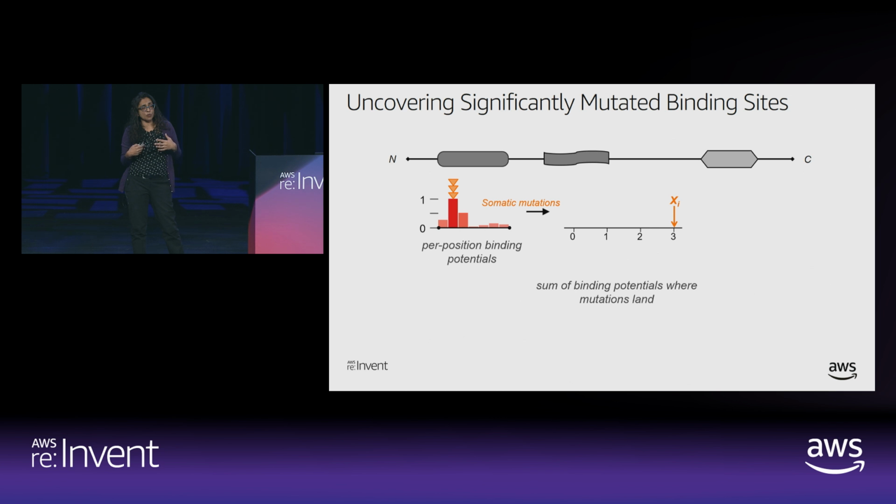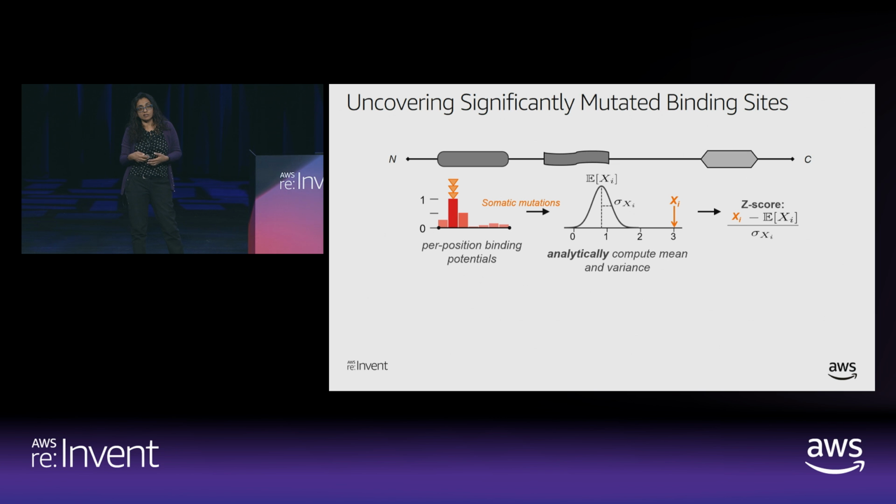And now we want to know whether this score 3 is high or low. So how do we do that? Well, kind of a standard trick that you can do is to use randomizations. So you can take these mutations and say, what would happen if we just randomize them across this region? And we can use that to build a distribution and compute a mean and a variance. But it turns out, actually, you can be kind of smart about this, and you can analytically compute the mean and the variance. And then you can use this to compute a z-score. So the higher the score, the more enriched the mutations are to be falling in positions that could disrupt interactions